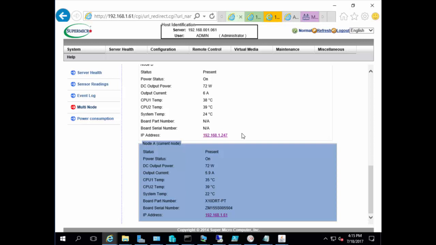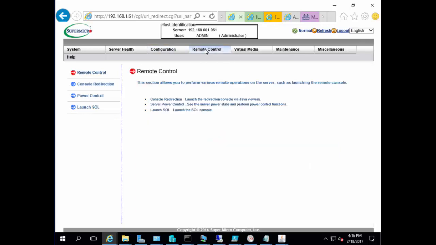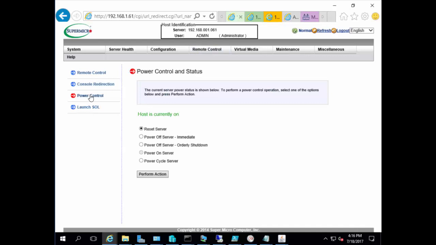So one of the things that we can do in here, if we come over to our remote control, we have a power control button here, and I can actually turn off the server the same way that you'd be able to do on your Dell, HP, Lenovo, any enterprise grade server. So a lot of hyperconverged solutions that are out there today